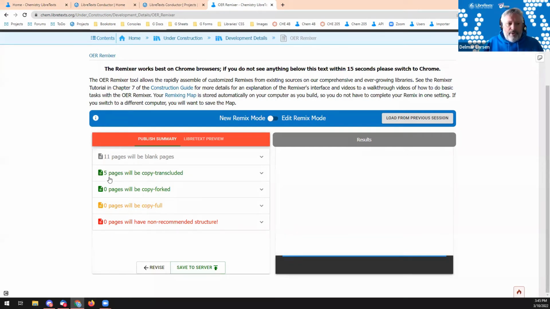5 pages will be copy transcluded, and I'm going to explain that momentarily, in addition to copy fork and copy full. These are more complicated issues. And then this follows a recommended structure, which is, again,